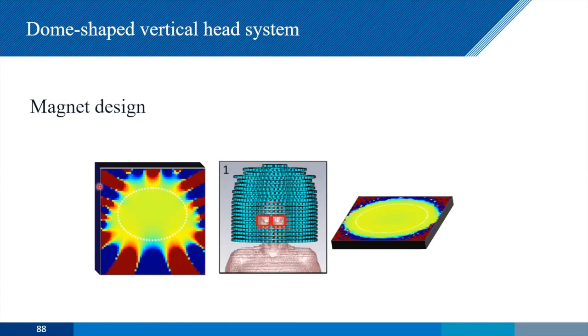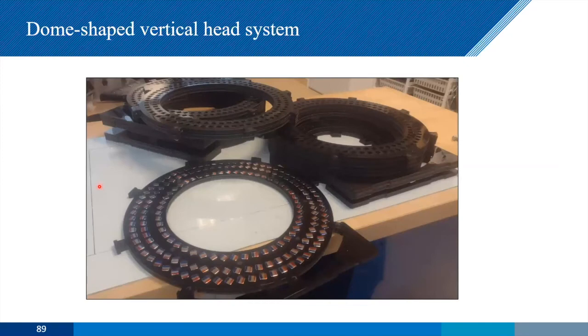We're looking at lots of different designs here. You can actually see some magnet rings right behind me here. We're designing some dome-shaped magnets. And of course, this is very much along the lines that Patrick has done in Larry's group over there. Again, we're going to aim for a very homogeneous field.